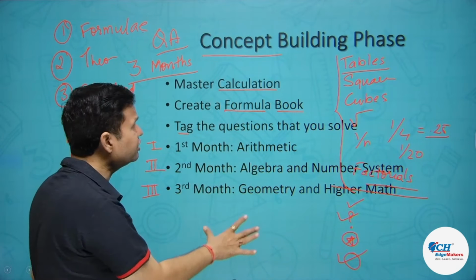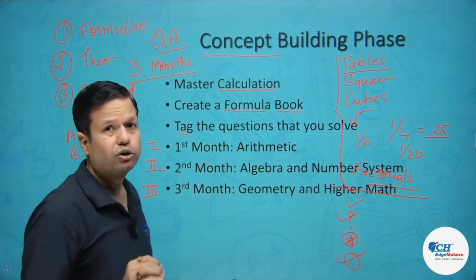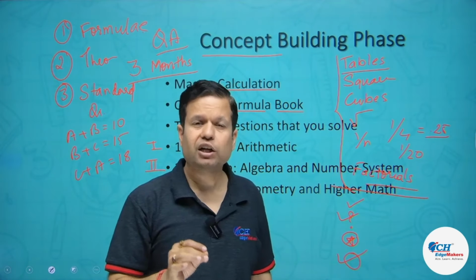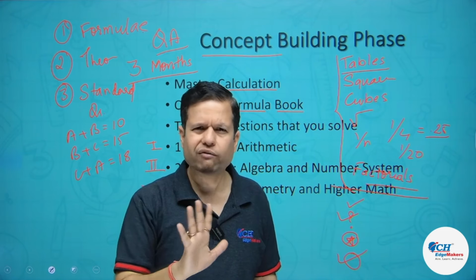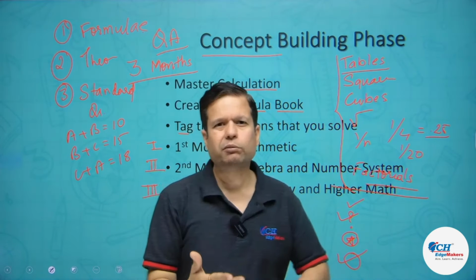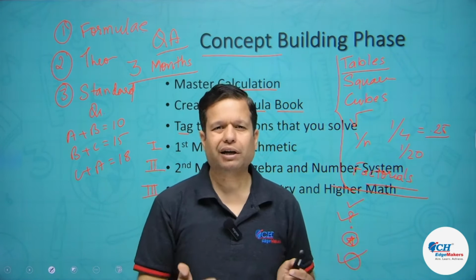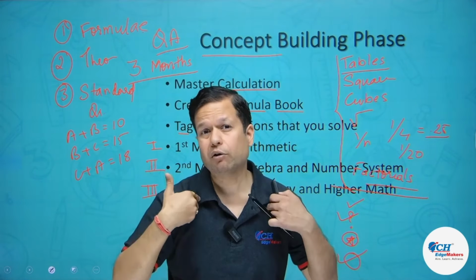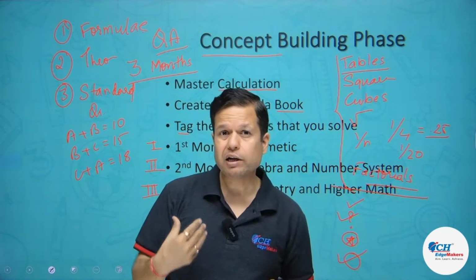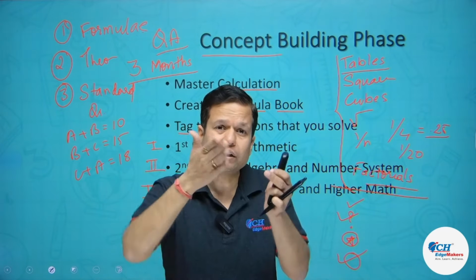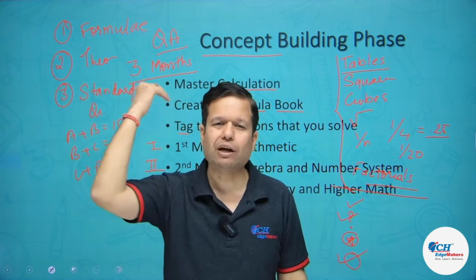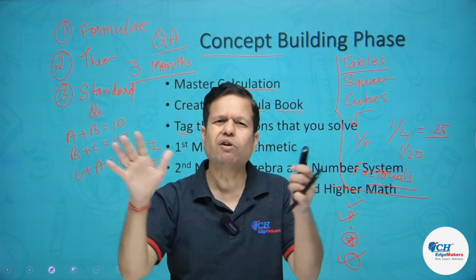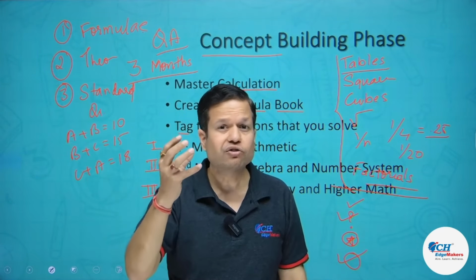So 3 months, try to improve your concepts. Solve all available easy to moderate questions. Don't go after the tough questions. At times what people do is they buy a book, or they buy material of people like us. So in our material, in books, what you will find is graded questions. This is easy, this is moderate, this is tough, this is LOD 1, LOD 2 or LOD 3, whatever might be the categorization. So you will find graded questions.